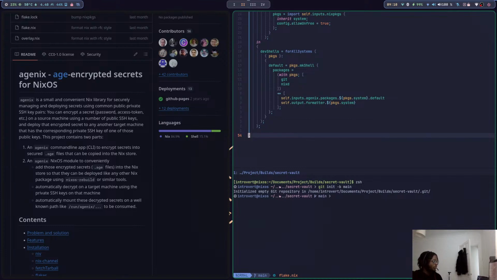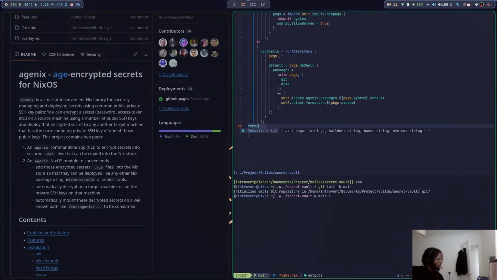Okay, kinda. I think it's nice. I think it's this one. Is it? Save. Not sure if it's the one, but okay, it is. Then we're gonna have a formatter, which would be for all the systems we want to